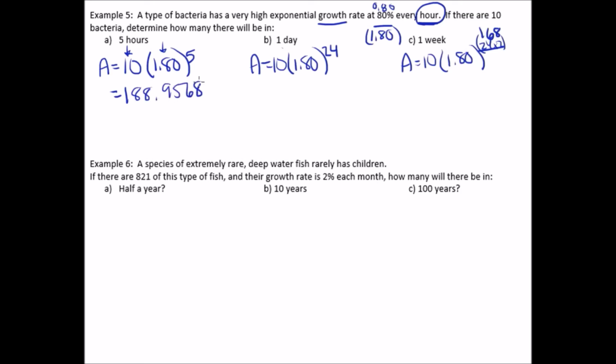For 1 day, how many hours is that? 24 hours. And 1 week is going to be 24 times 7 days, of course. So let's solve that: 24 times 7 is 168 hours in a week. Let's actually solve for it. 10 is the start, times 1.8, the 80% growth, to the 5, I get 188.9568. In 1 day, which is 24 hours, there are going to be